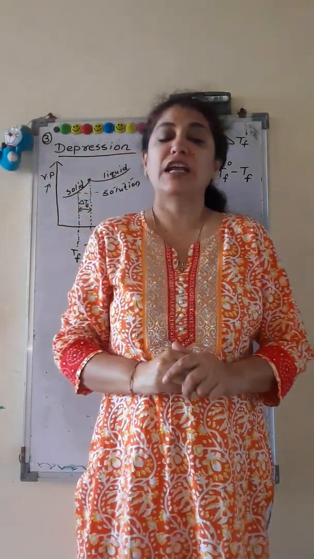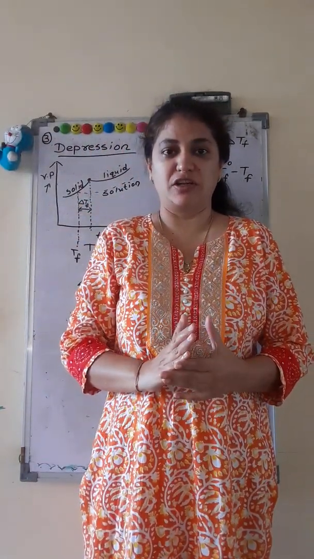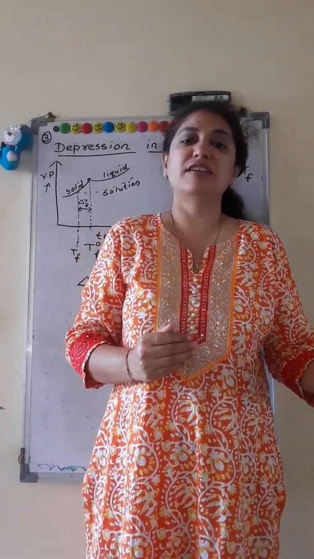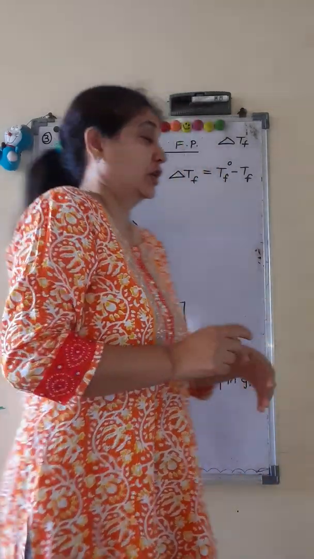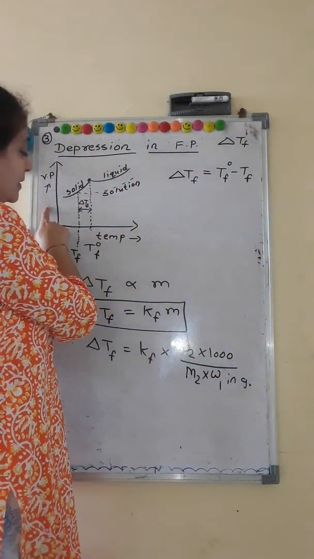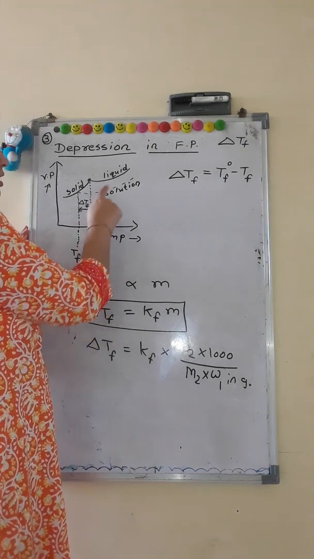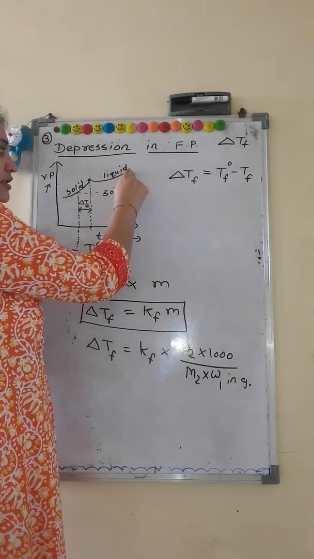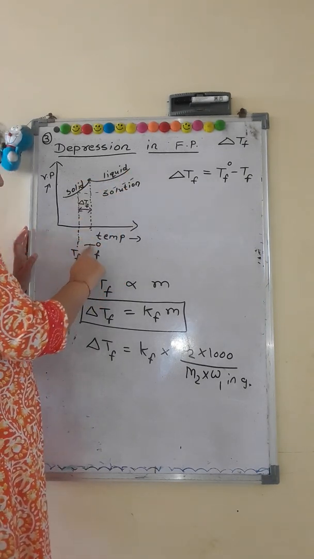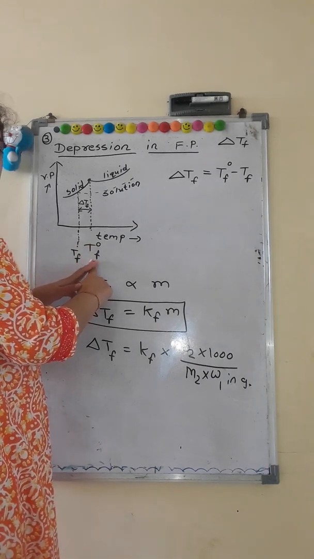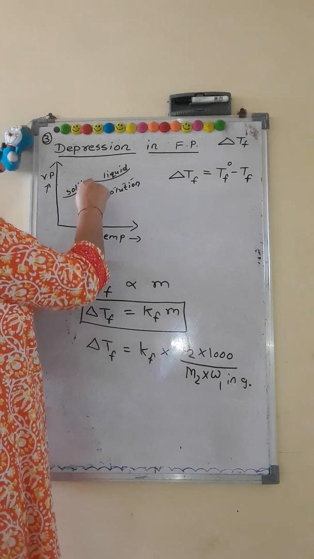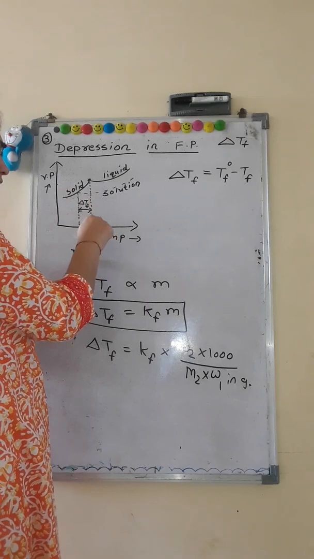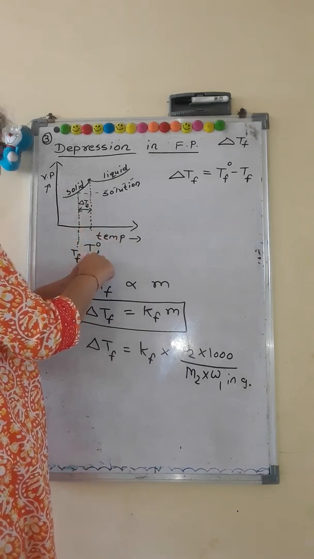Now, as we know, freezing point is the temperature at which a liquid will freeze. That is, the liquid on cooling changes its state to solid. If we plot a graph of vapor pressure versus temperature, at all of these temperatures this particular liquid is in liquid state. At this particular point, which is called delta naught Tf, meaning freezing point of pure solvent, below that temperature it turns to solid, meaning it freezes. Now this is the freezing point of pure solvent.